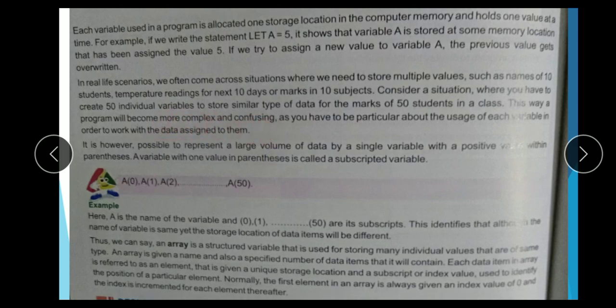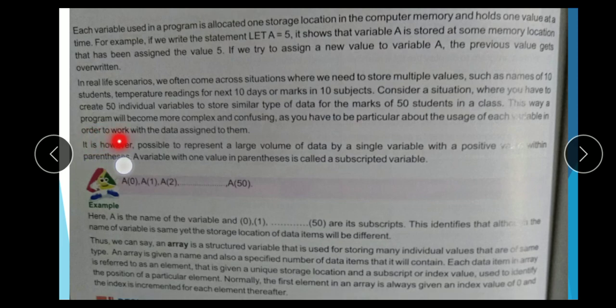It means through programming you can assign a single value to a variable at a time, but now in a scenario where multiple values are assigned to a single variable, like marks of 10 students, temperature of 10 days, attendance of 10 days, 1 month, such type of values stored in a single variable, you can use an array.